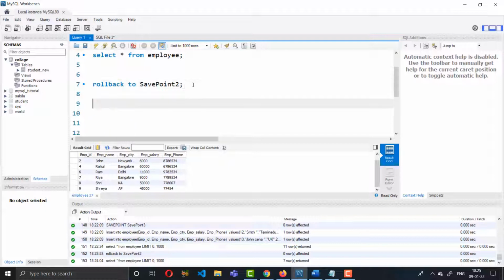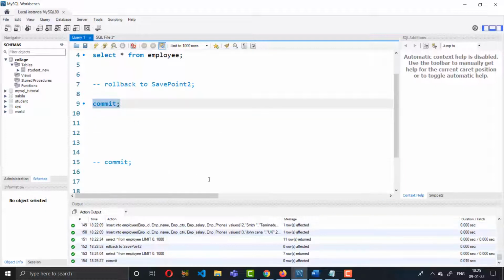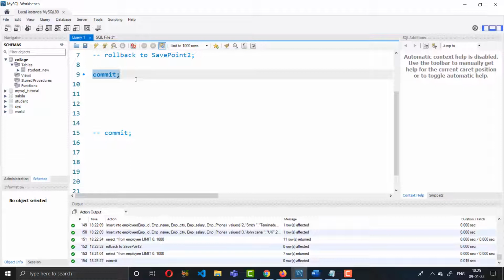Okay, let me comment here. If we try to use the commit command and run that, then after that, if you try to roll back to any savepoint, the data will not roll back.